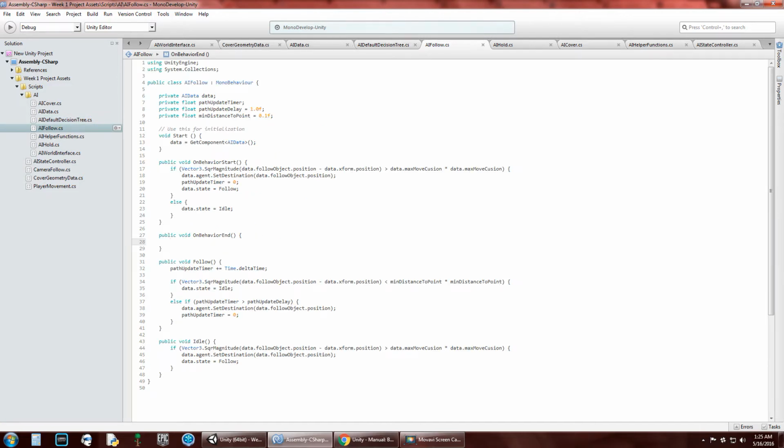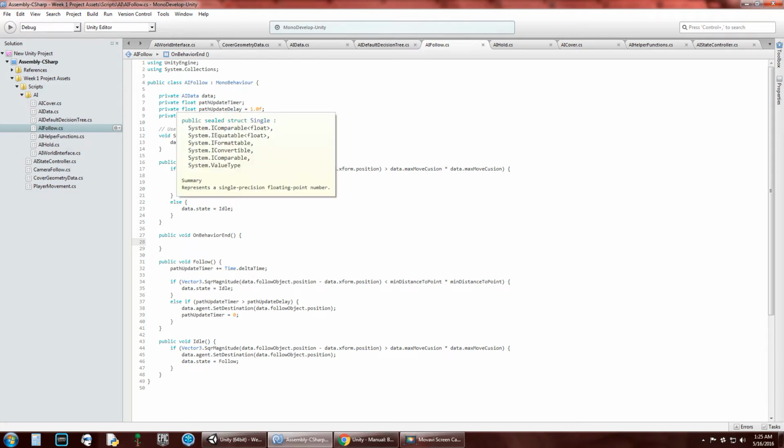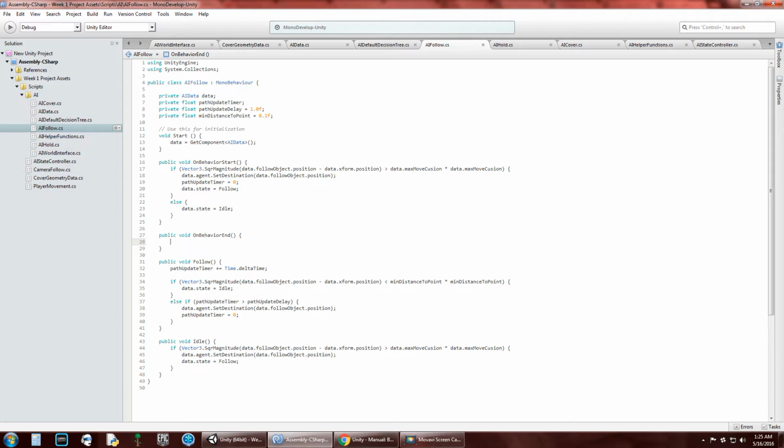So if we come over here, this is the entire follow script. We've made a reference to the data script, so we can gain access to the NavMesh agent. And then we have a single timer and a couple of values right here, so we don't have any magic numbers. The path update delay, we could make that public if we wanted to, so we could adjust it in the inspector. What the path update delay does is, while the AI is following the player around, this is the frequency with which it will update the path. And then this minimum distance to point is used to determine whether or not the AI has arrived at its